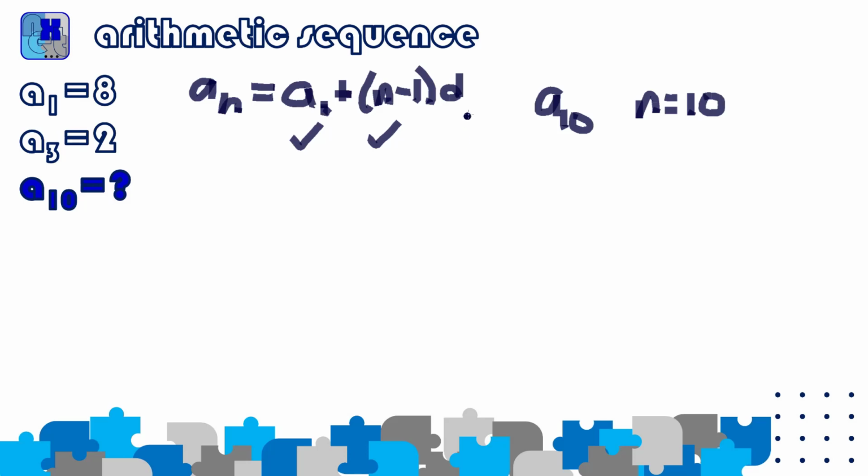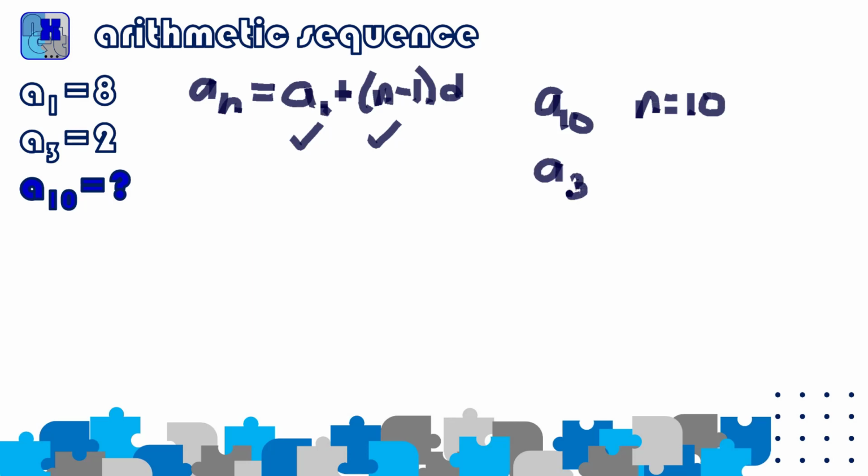Now the concern is for d. D is also known as the common difference. If you have two successive elements specifically, you can identify the d by subtracting the first from the second, because that is what happens for an arithmetic sequence. Here we have the first and the third element, but we can still solve for the d, understanding that